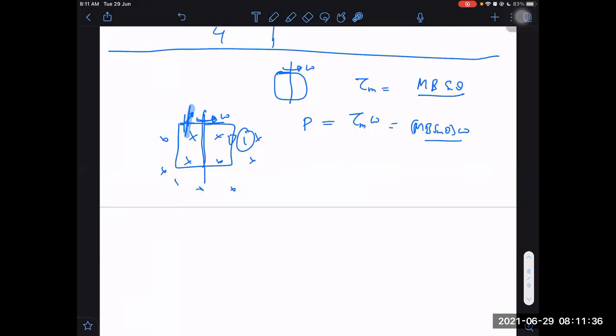Okay, then can we write tau omega equals mB sin theta into omega? Can we write torque times omega is equal to mB sin theta into omega? Yes, we can write. What's the problem in that? You told it is not doing any work. It is not doing any work, but power is this. The thing is, this power is not the magnetic power. It is power supplied by the battery or something, but that power is the same only.